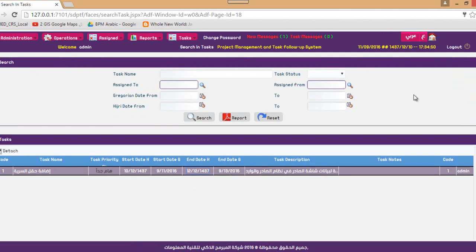So as you see, the product has a lot of features and it's very easy to use, requiring no knowledge of project management or project management tools like Microsoft Project or Primavera or APM. This is not needed in order to work with the project and enter the task percentage.